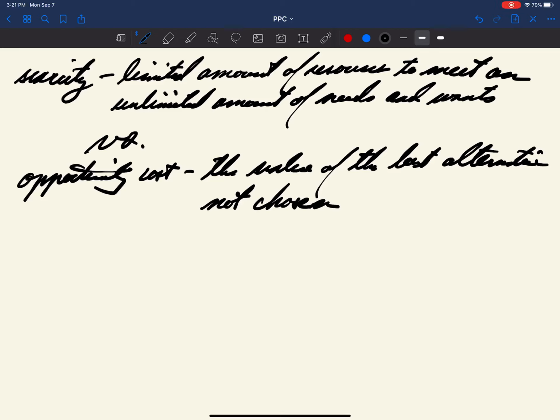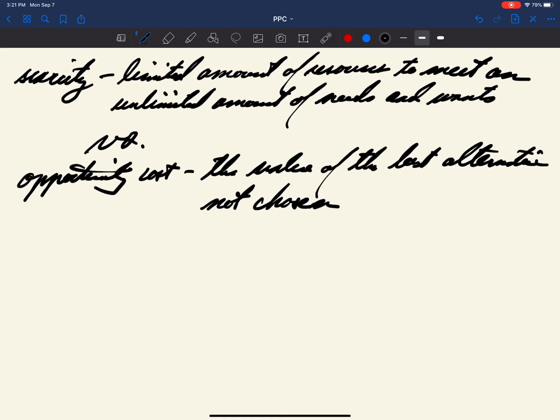Hi, this is Mr. Bordelon, and today we're going to talk about scarcity, opportunity cost, and the production possibilities curve. These concepts are related through the PPC, and the PPC itself ultimately demonstrates these two concepts. I want to clarify what they are because they are similar and related, but there are